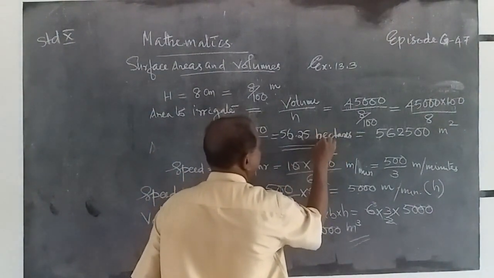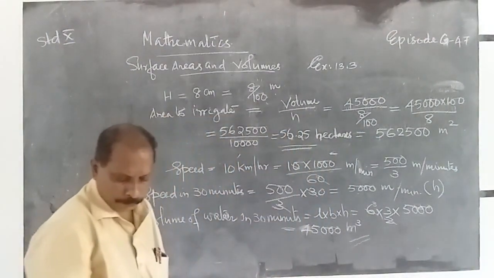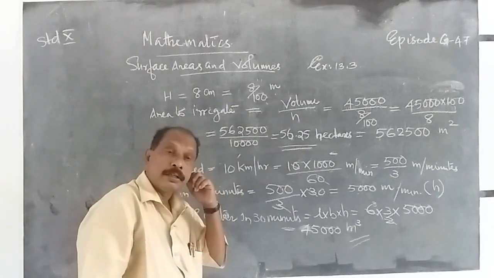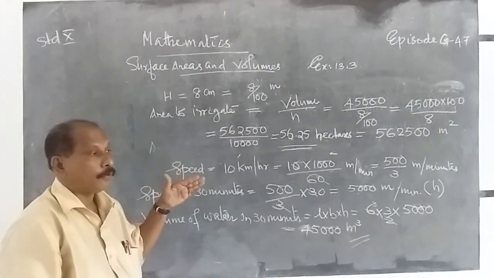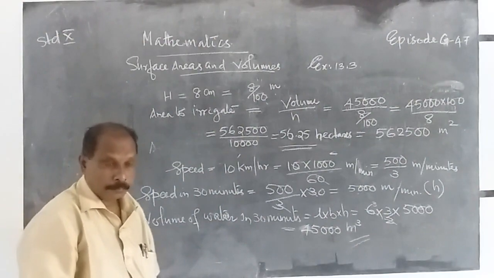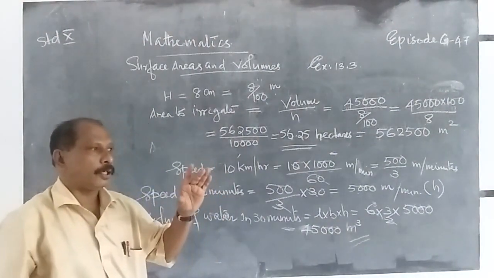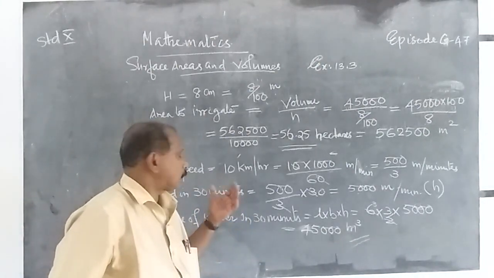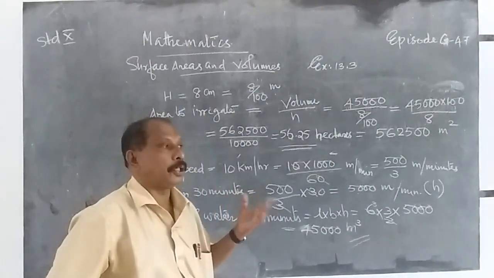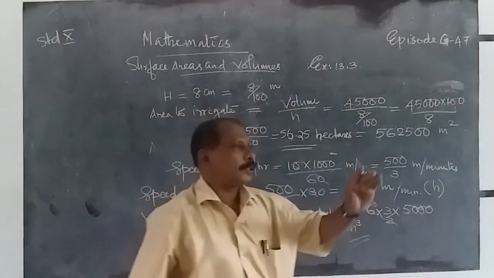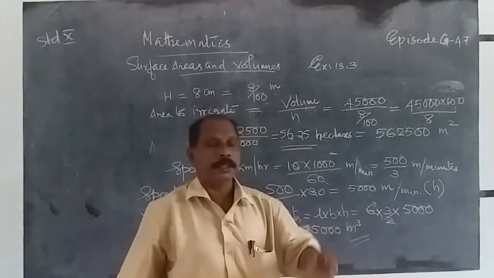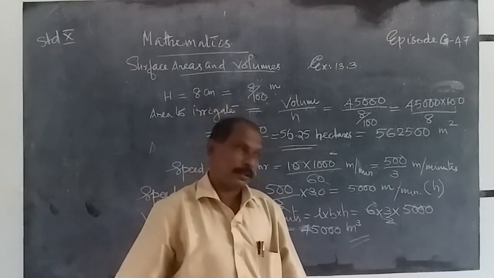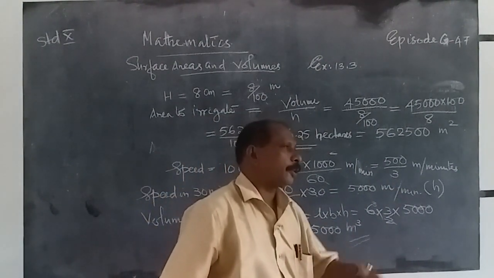That is the final answer. That means 56.25 hectares is the area to irrigate with the water from the canal at the speed of 10 km/h. Clear? The width of that canal is 6 meter, and the depth is considered as height, that is H is equal to 1.5 meter, that is 3/2 meter, and the length we can find out